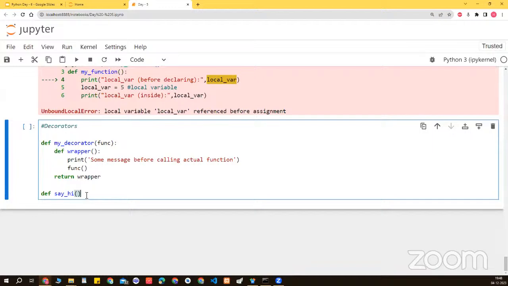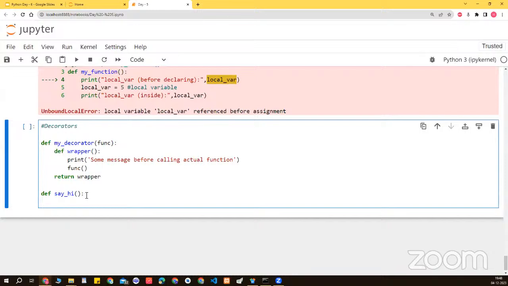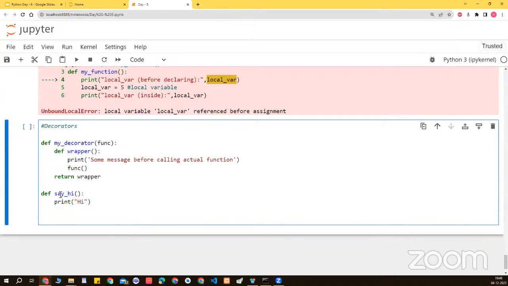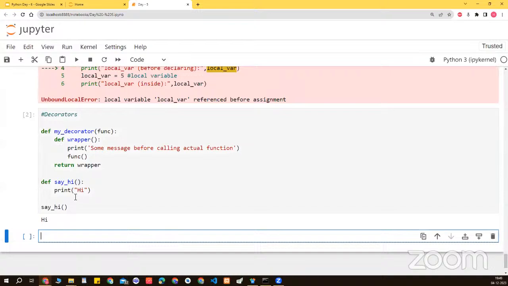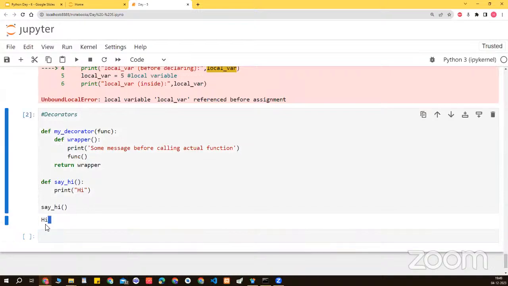All right, so we have a say hi function, and it is going to print hi. And then how do we call it? Just call the function name, right? So when you do this, it just says hi. Okay. But when you pair it with the decorator,